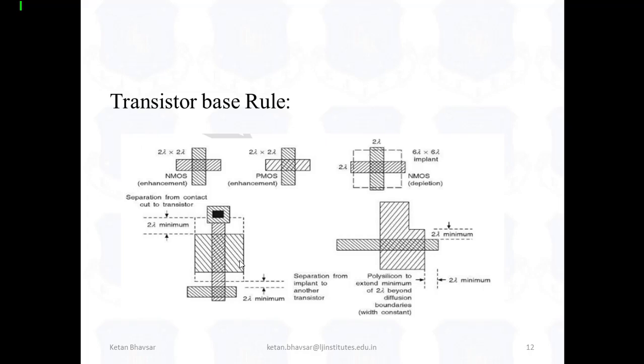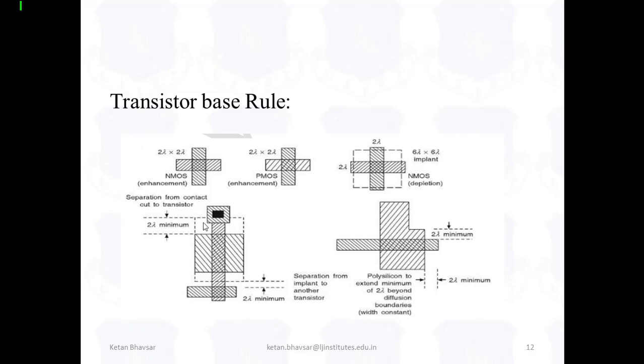Because of that reason, there is lots of R&D work still going on in VLSI technology, because as per Moore's law, as the number of transistors increases, the performance of the chip increases. But to increase the performance of the chip, we have to increase the transistors. And how can we increase the transistors? You have to reduce the size, and you have to follow such rules. Fine, and these are the certain rules that we have to follow when we design a VLSI technology.